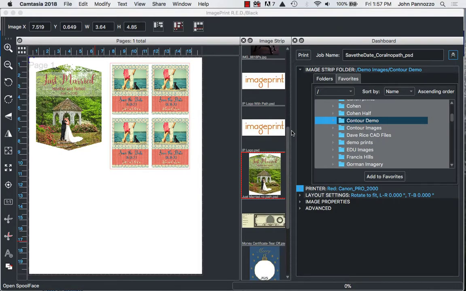Welcome back. Today we're going to take a look at the ImagePrint queue and job management system. I've already sent some print jobs over to my queue so we can get started looking at all of the features. To bring up the queue, I'm going to select this little printer icon in the top right of my